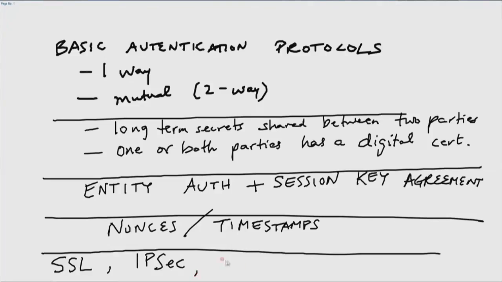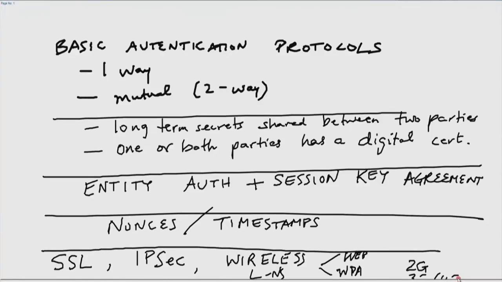Then we've got various wireless protocols for wireless LANs, for example WEP, WPA, 802.11i actually, and then other wireless protocols for cell phones, for example the 2G, 3G, 4G, etc. So the building blocks of all of these protocols are indeed what we considered yesterday. We will now move on to take the first of these, which is SSL,